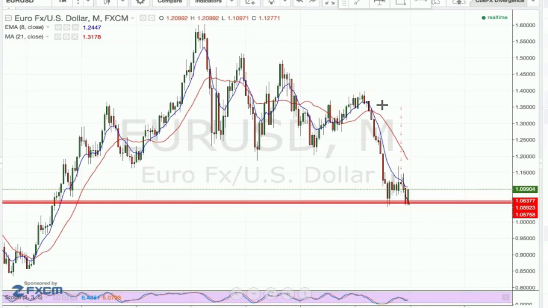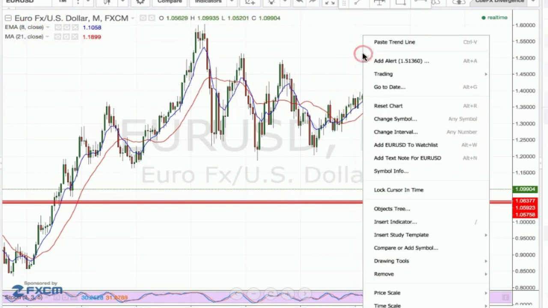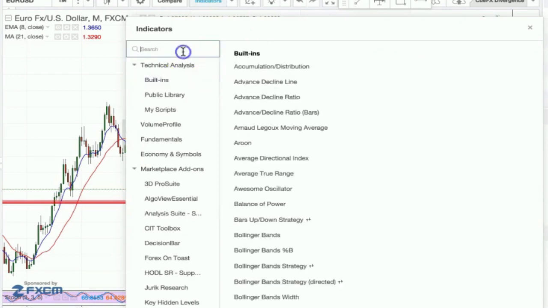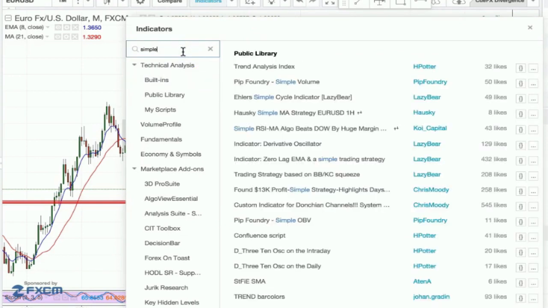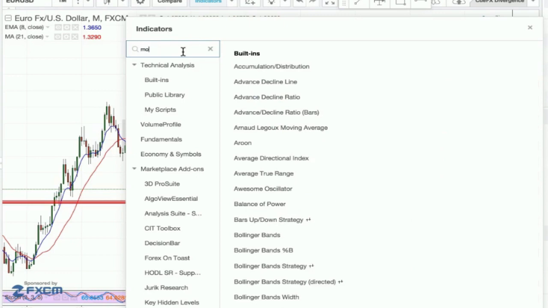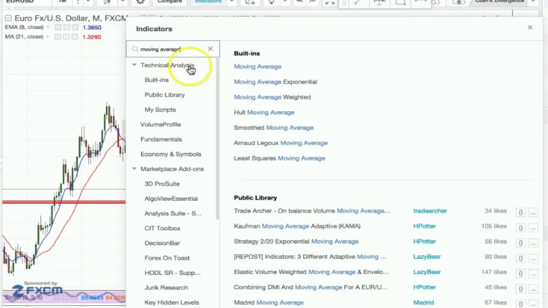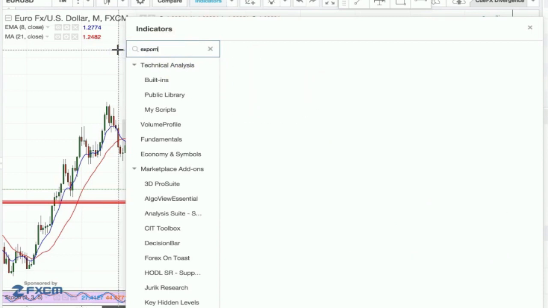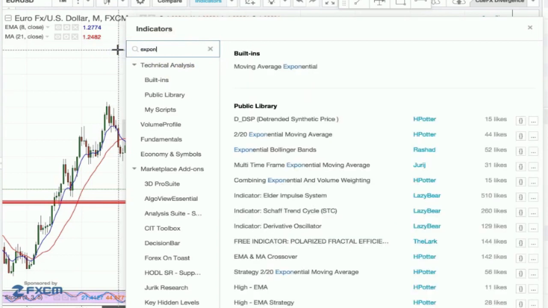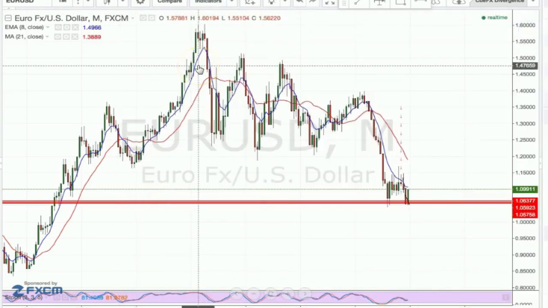The moving averages that I use are right here, the 8 EMA and 21 SMA. You install those by right-clicking, going to insert indicator, and typing in simple or moving average. There it is, moving average. And for exponential, you just type in expon. Once you modify that and choose the period that you want to use,